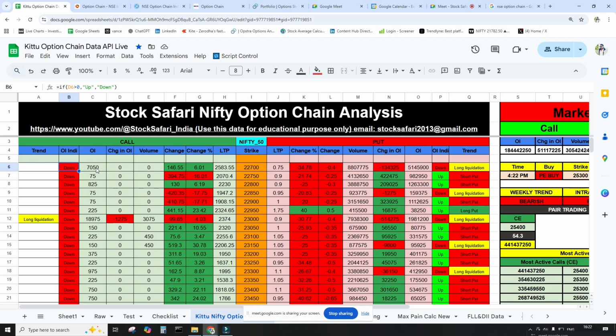That means no trading is happening in this particular area. Though you really wanted to enter this one, there are no sellers or no buyers. They don't want to do any trade. When it comes to this particular segment, you can see for this 23,000 strike price, the LTP is around 2300,